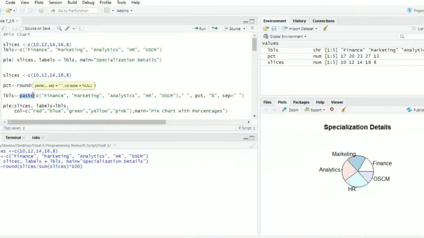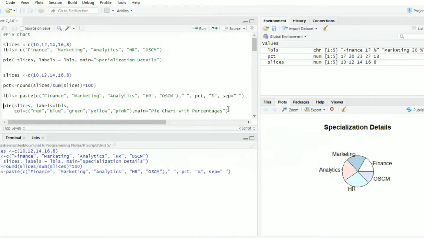As we know, the paste function will help you combine text with a space or percentage. If you want to add 2 or 3 things together in a print command, you have to use the paste function. So in front of this vector I want a space, and after that the percentage calculated, then a percent sign. So I have created the labels that way.